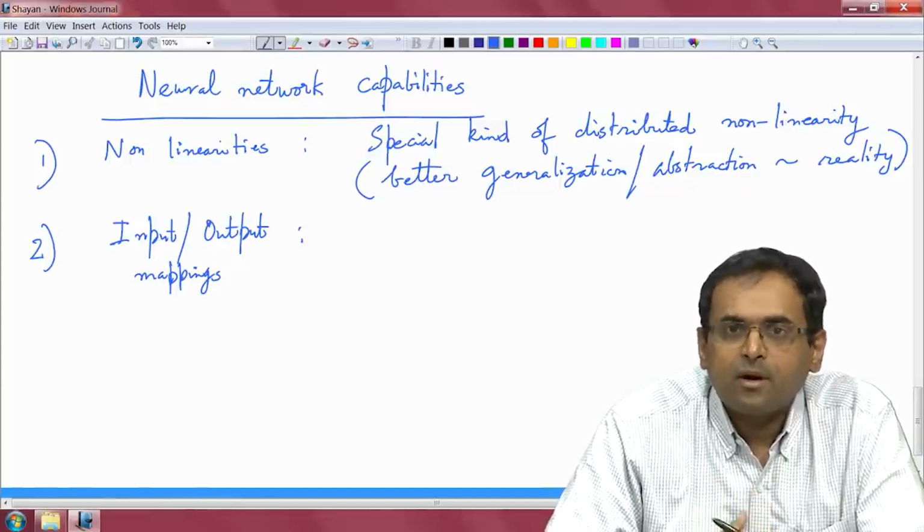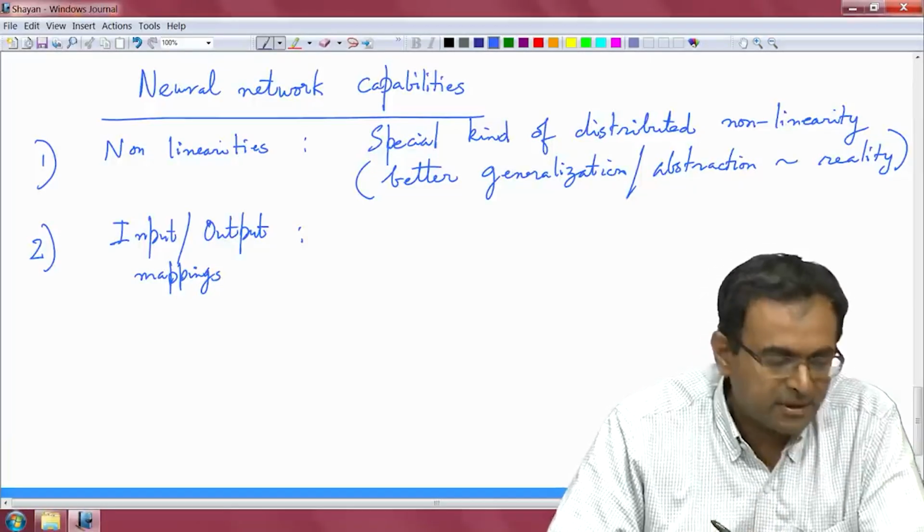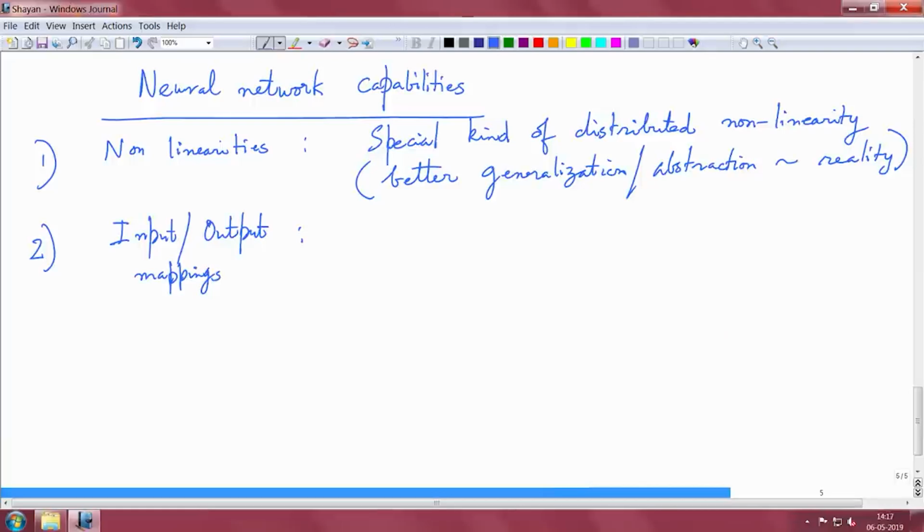So, this is a very important capability, right. So, I will summarize this here. So, this is non-parametric, it is a non-parametric statistical inference tool,